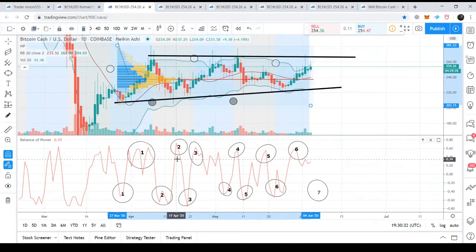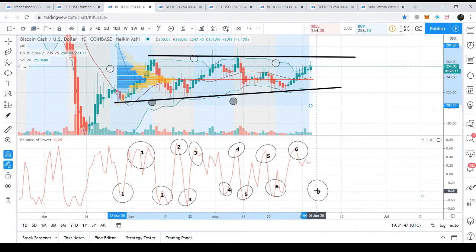distributed between the bears and bulls as well. And these are 1, 2, 3, 4, 5, and 6 very obvious bearish moves, and 1, 2, 3, 4, 5, 6 very obvious bullish moves by the balance of power indicator. Now we can expect after this very obvious move, it can again drop another time to this level for the